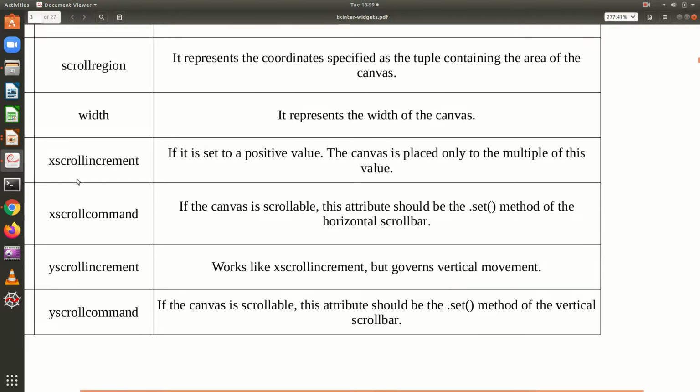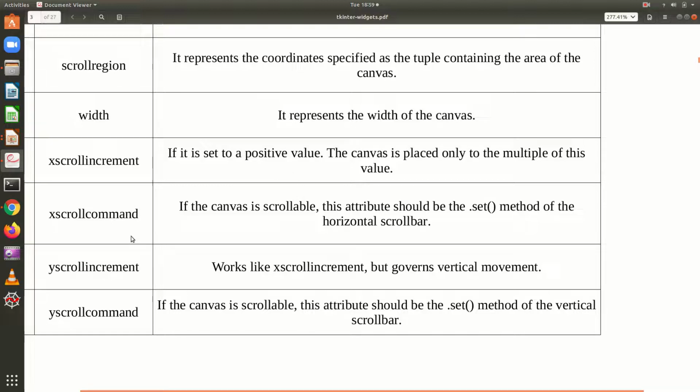Then you can also have the xscrollincrement, xscrollcommand, etc. If the xscrollincrement value is set to a positive value, the canvas is placed only at multiples of this particular value. Generally it will be a positive value.